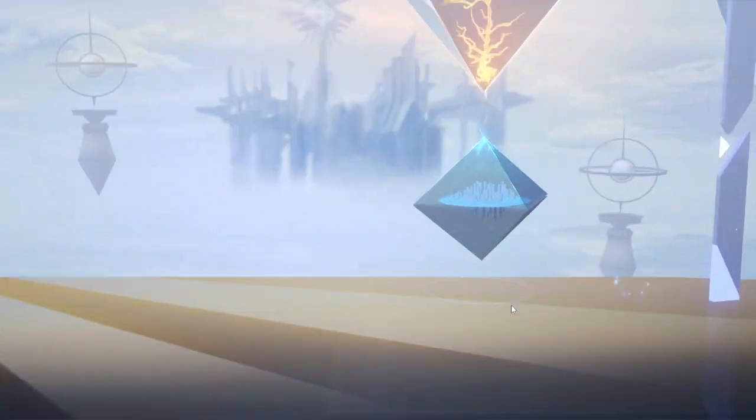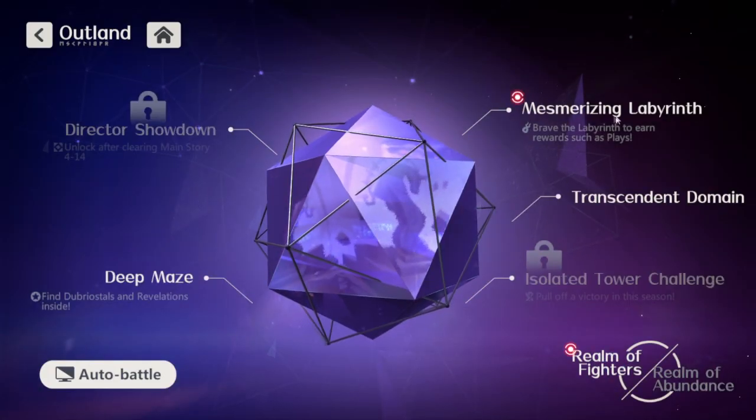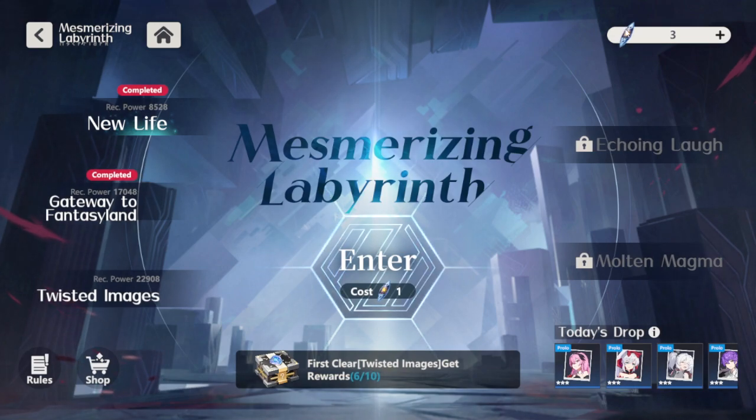Let me also go to the Outlands. One thing that I wasn't doing, Mesmerizing Labyrinth. As soon as you unlock this, you're gonna get 3 charges, I think, per day, or however many you get per day. Do them. I've made so many mistakes of not doing this. Not only do you get free plays, depending on the level of difficulty,